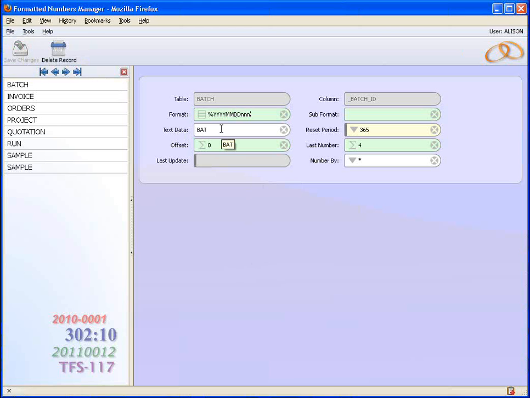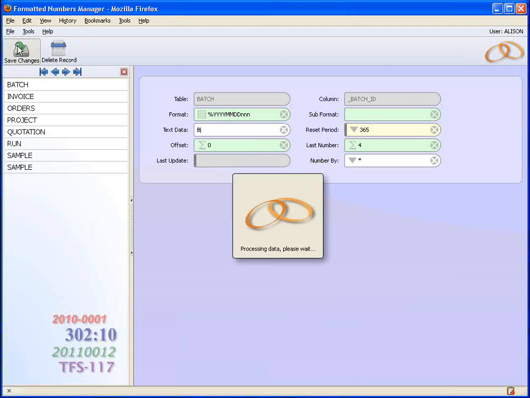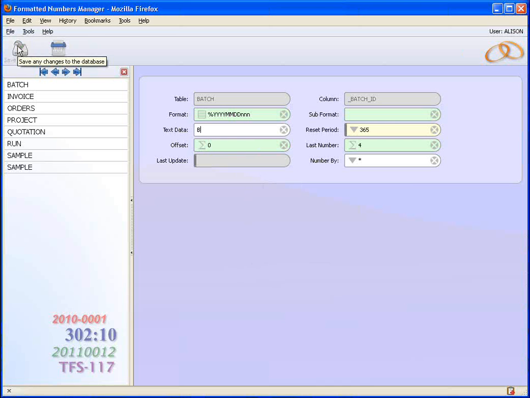Okay, so if you have a percentage at the beginning, as this does, and you have something in text data, whatever you have in text data goes in where that percentage is in the format. So if we remember the batch I just created, it was prefixed with the word BAT. So if I take out the A and the T, save the changes,